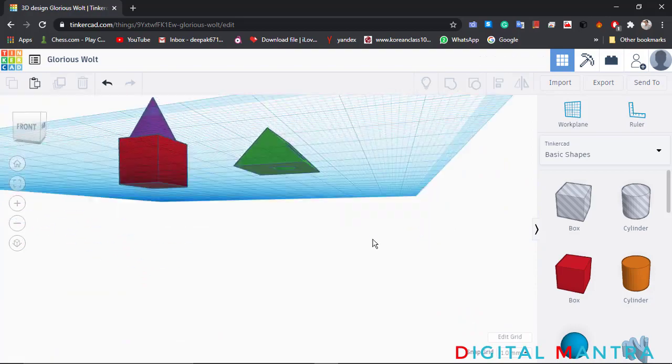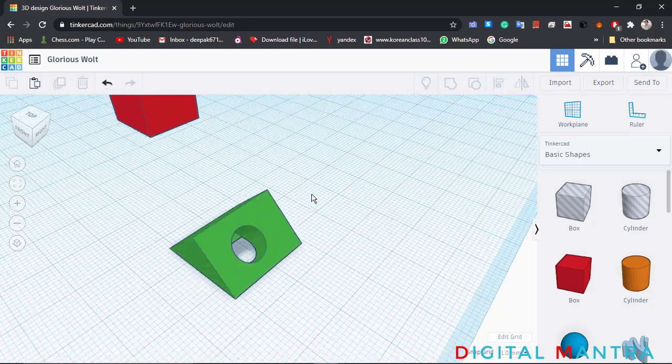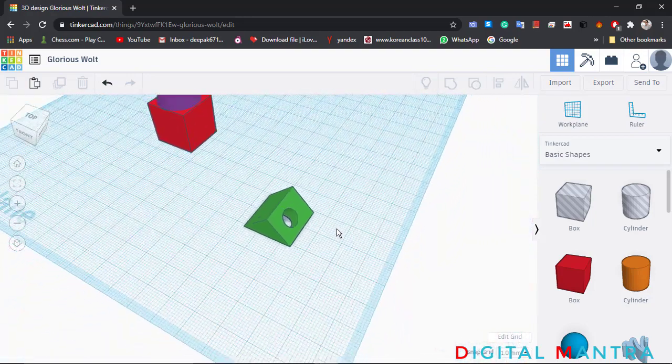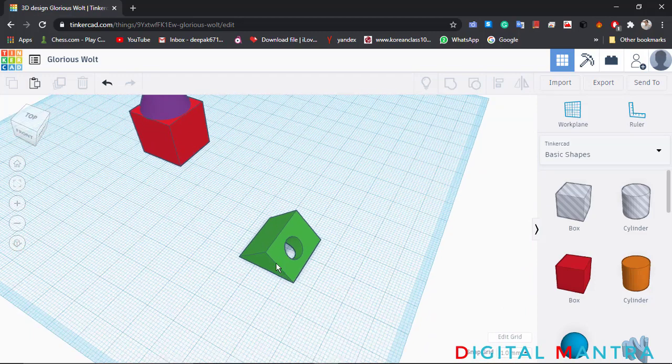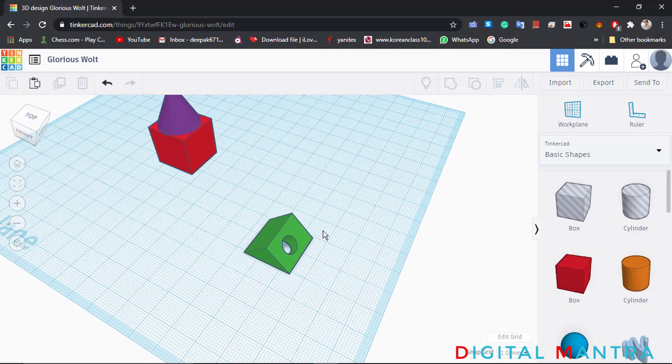From the downside, you can see that if you want to create the same thing with basic shapes by lifting, you won't be able to complete it in less than 2 minutes. But with the help of the work plane, it takes only 20 seconds to create this type of structure.